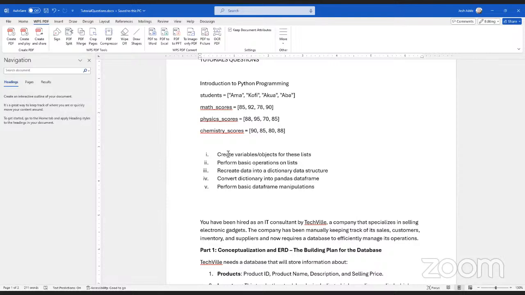In some other cases, the dictionary can be just like maybe Ama, and if we didn't have categories in the subjects, so let's say it is just one subject, then it will be Ama and Ama's list of scores, Kofi and Kofi's list of scores. We don't have categories in courses. That will be a little bit straightforward. That will be a dictionary of list items. But this one will be a dictionary of dictionary items also. When we implement it, you will see it.